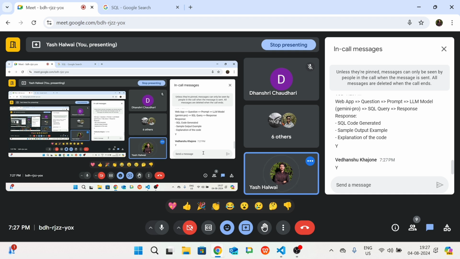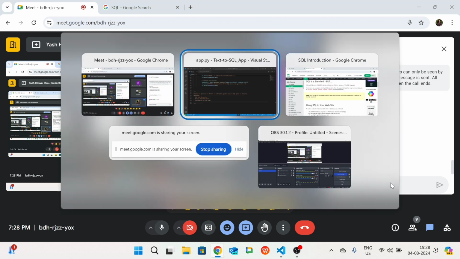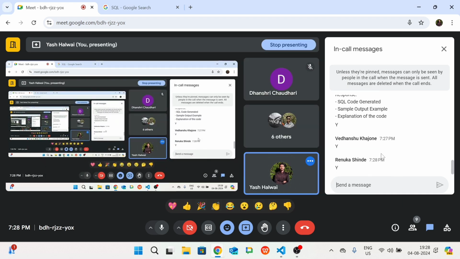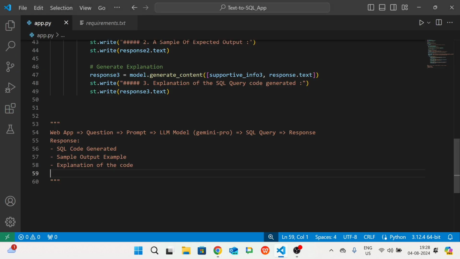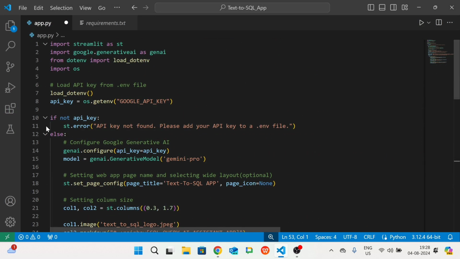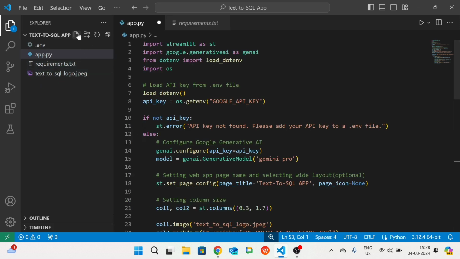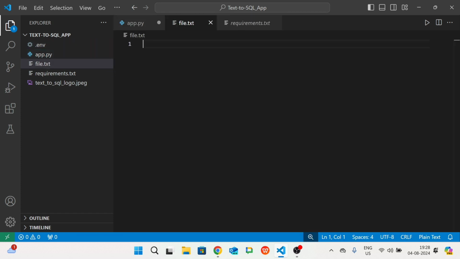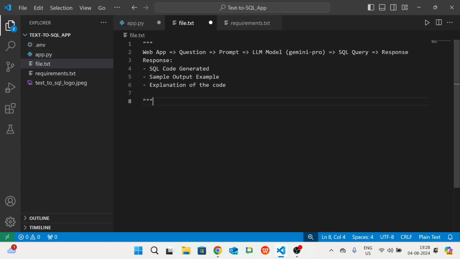So see now, we will begin with the code. Okay, where is the code? I hope this part is clear. Let me take this part here. I will provide it to you, and I also ask you to create one file and name it whatever you want. I will name it file.txt, where it contains this type of explanation, a basic example as well as an explanation of the code.